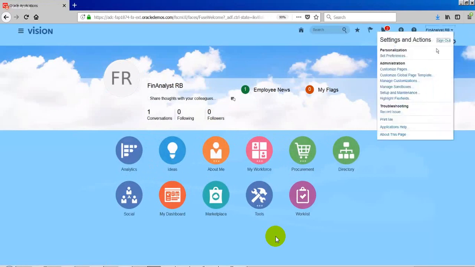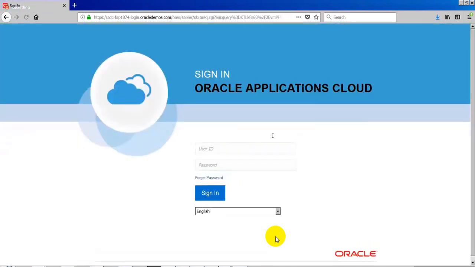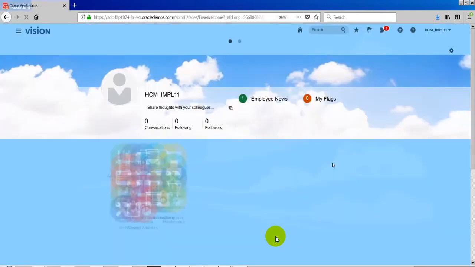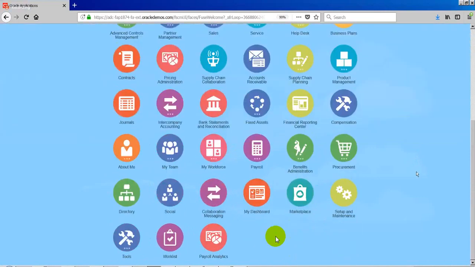For that it is again security. For any request, giving access to any job has a security behind it. As these people are admins, they will have access to everything. In reality, every employee will have a different kind of role, and they may not have admin privileges, and they may not have access to all the jobs. We have to give access to that person for that specific job.